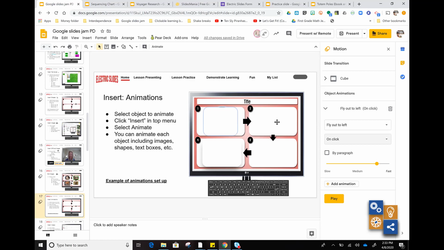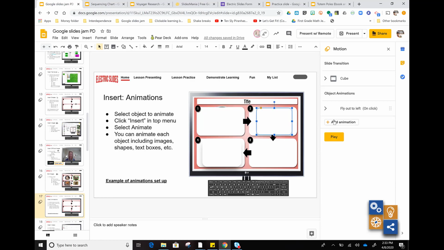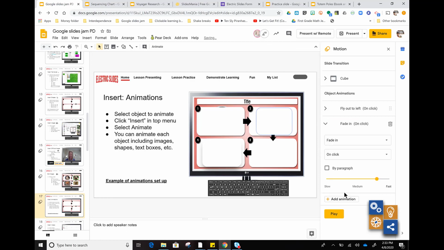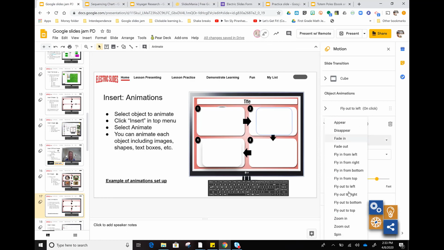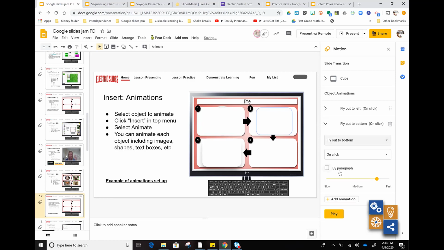So I can go ahead and select my next image and add an animation for that one as well. And same process. So tell it what kind of animation you want it to do. And then maybe this one I want it to do after the previous one. And then it lets me actually preview and see what that looks like. So let's hop in there and check it out,